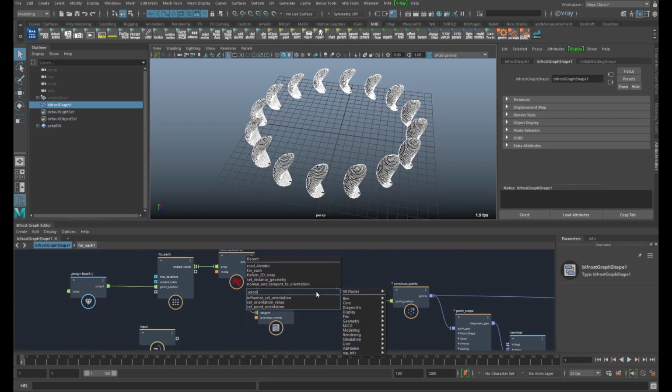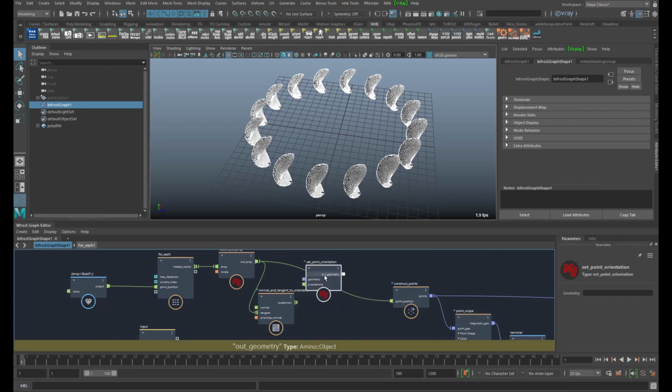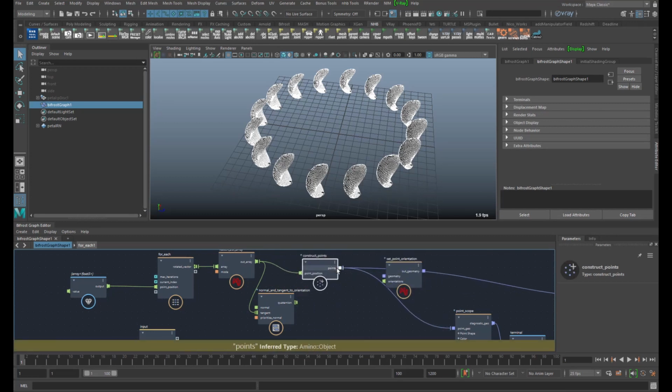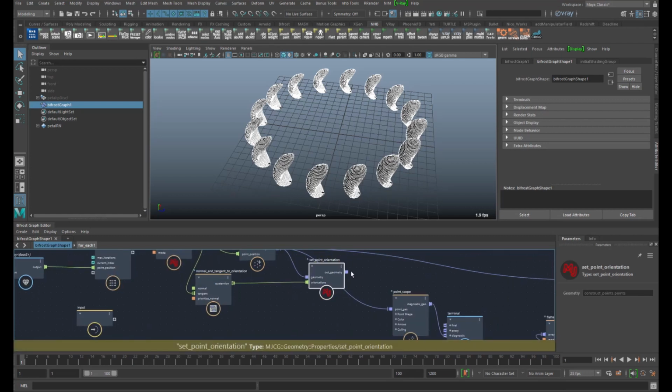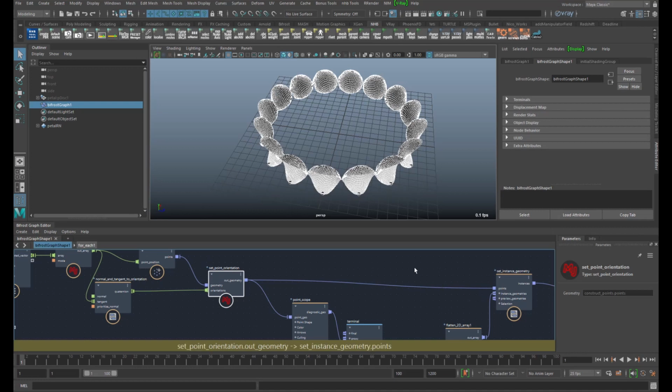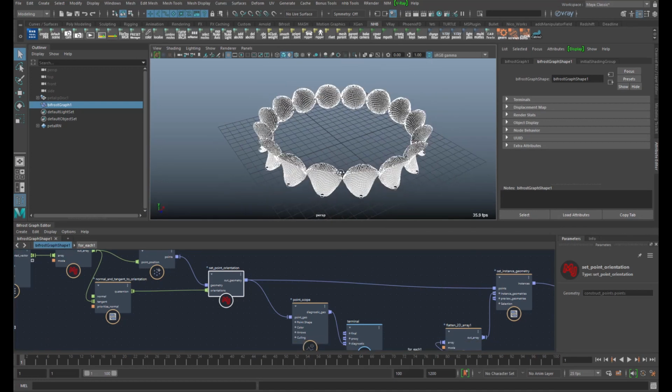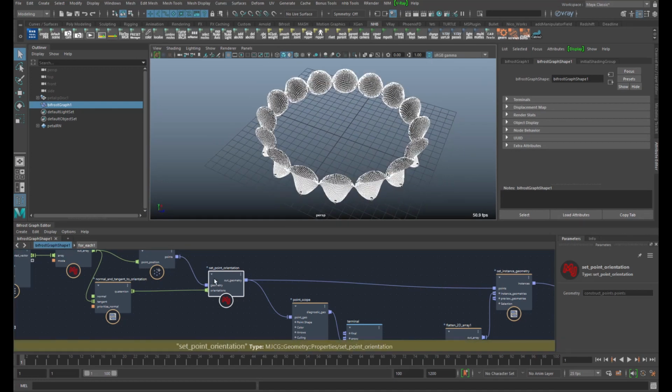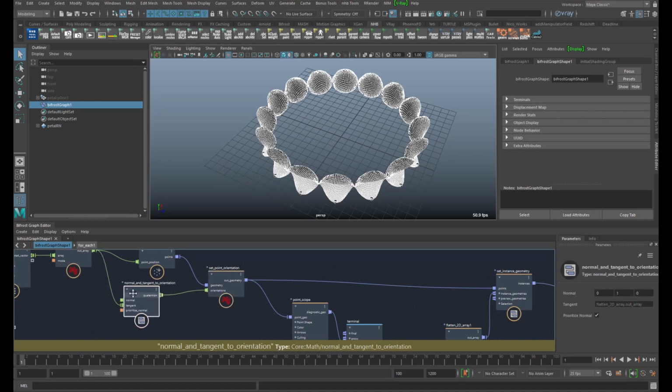So set point orientations. And voila. We might need to invert the tangent.